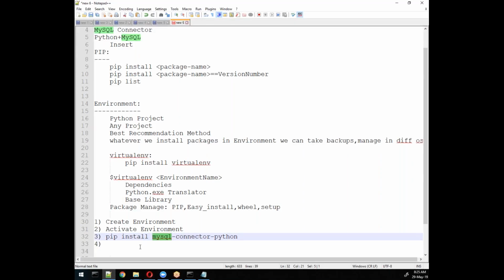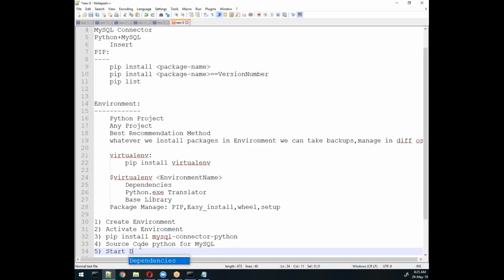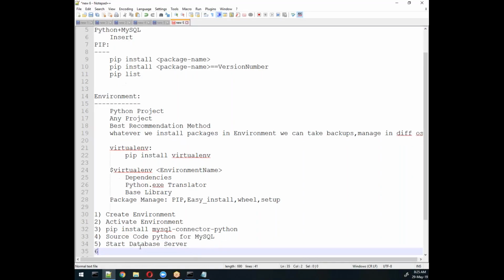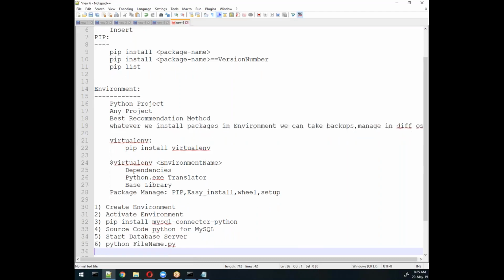We will write it in one file, and then you need to start the database server which you want to connect, and then the sixth one, write the command python and the file name .py. That's it. So these are the steps to insert into a database or perform any communication between the database and your site. Any doubt, any question, guys?